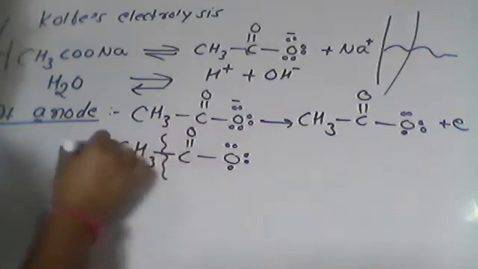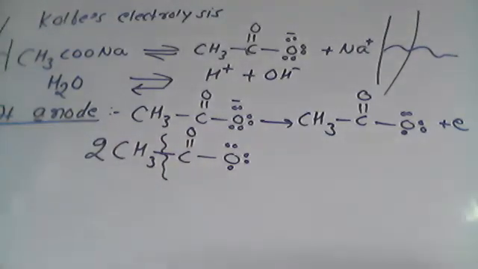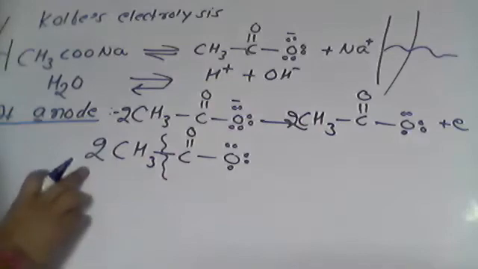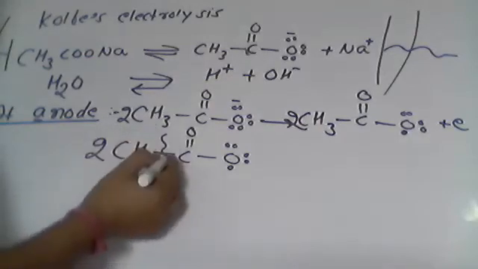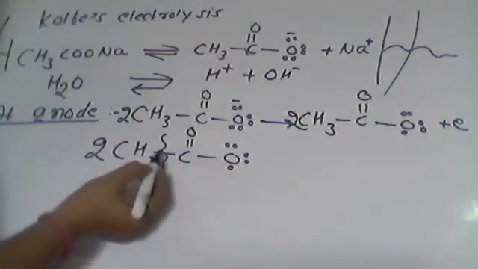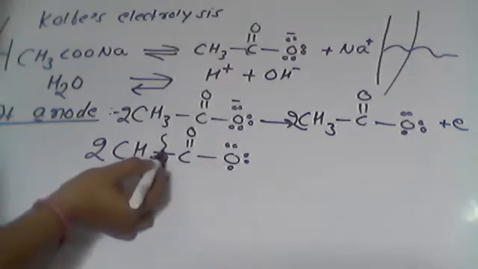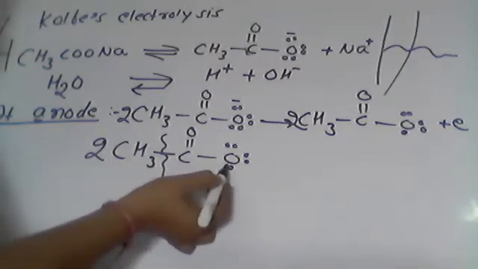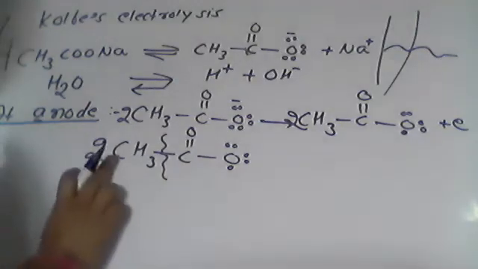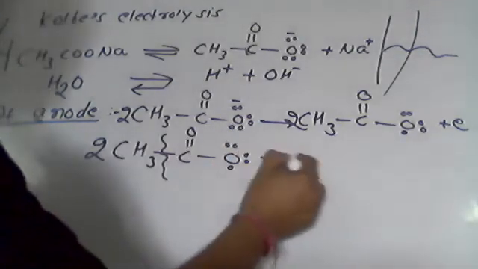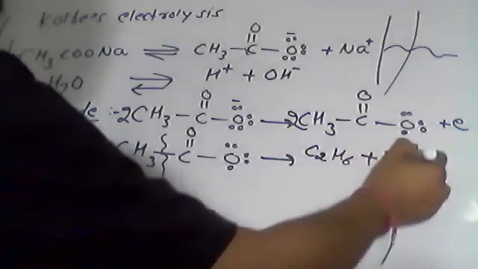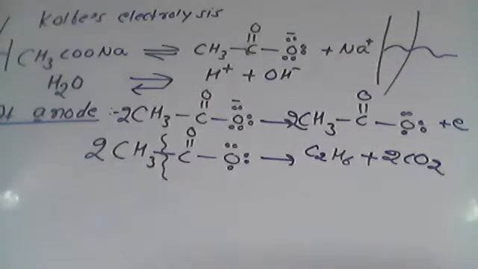Homolysis will take place here. We are going to take 2 molecules of this one. You can start from the 2 molecules in the beginning. So homolysis will take place here. One odd electron is here, one odd electron is here. When homolytic cleavage takes place, there is equal distribution, one odd electron here, one odd electron there. They will combine together to make carbon dioxide. And the CH3 odd electrons will combine together to make C2H6, plus we get 2 molecules of carbon dioxide. So there is a formation of C2H6 plus 2 molecules of carbon dioxide.